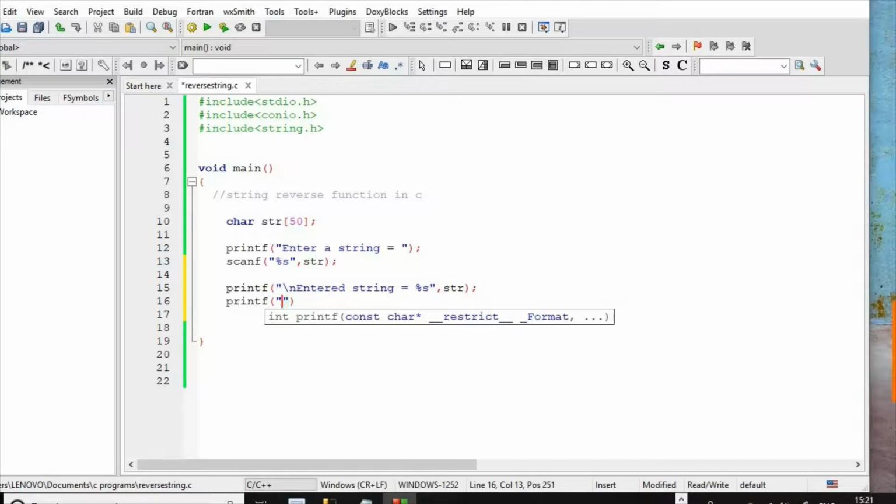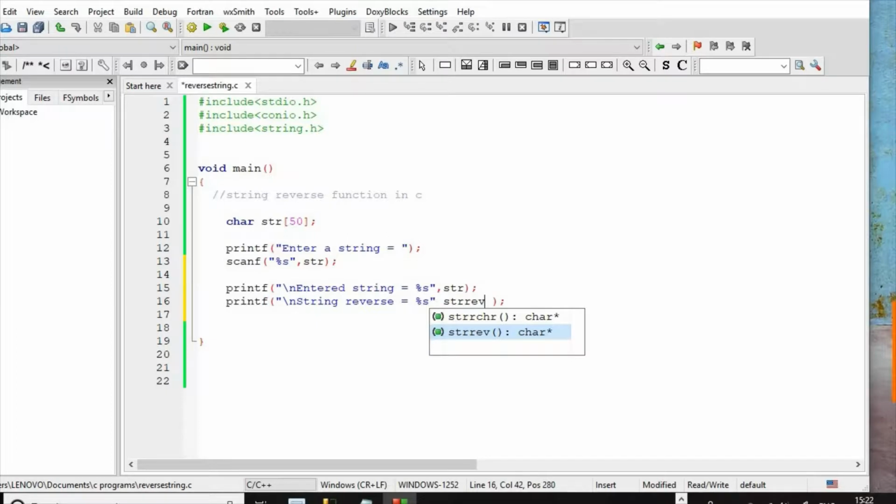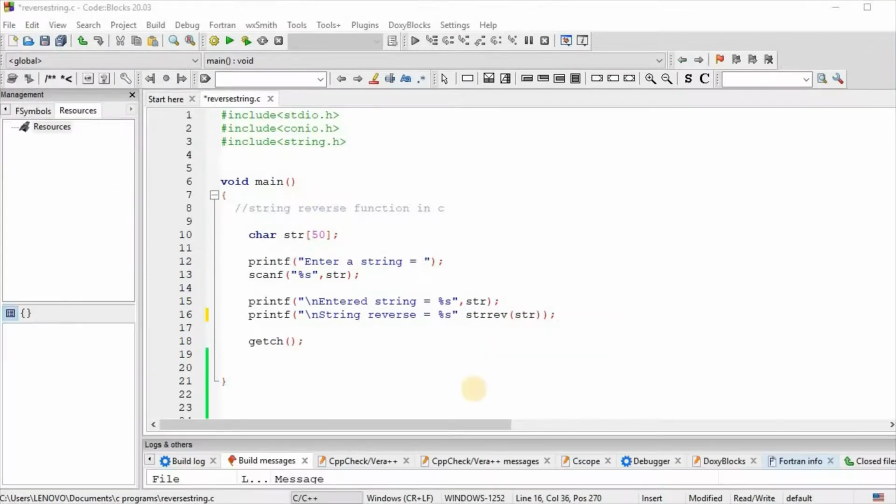Printf string reverse is equal to %s, and here we use the string reverse function. We want to reverse the string in str, so here strrev in bracket str,